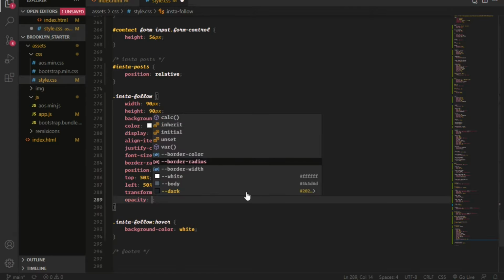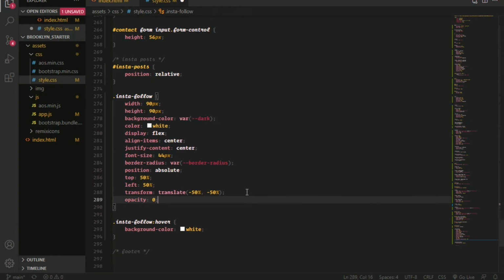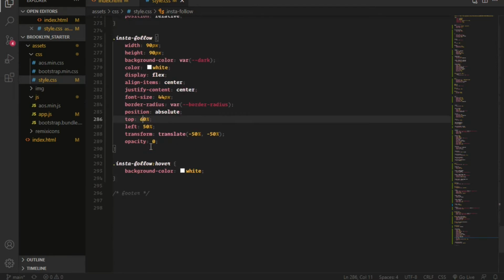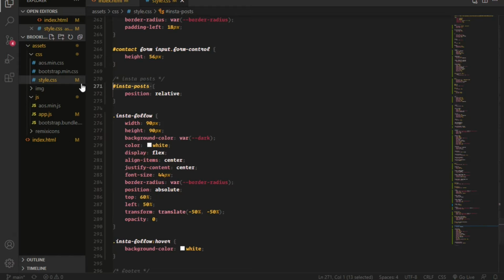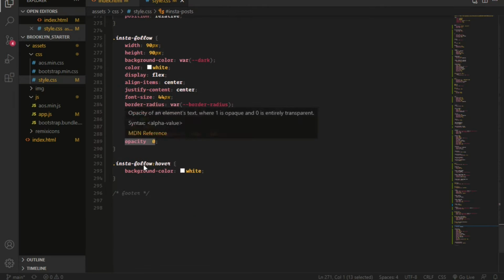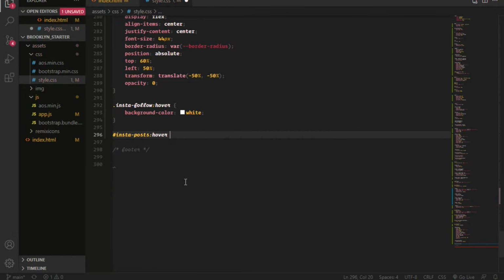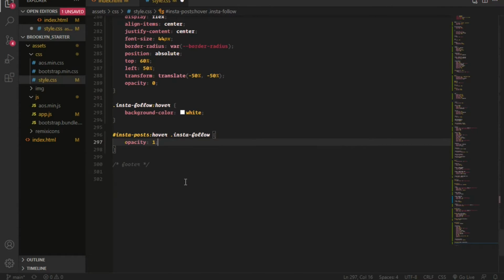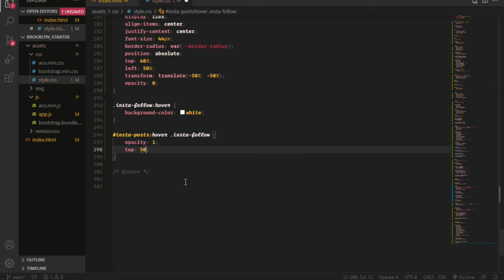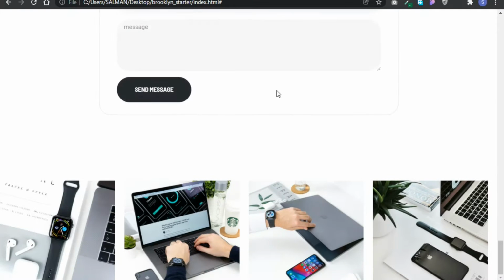I'm gonna give opacity 0, and from the top I'm gonna give like 60%, and on hover I'm gonna select Insta follow. I'm gonna give opacity 1, and I'm gonna give from the top 50%. So as you can see,